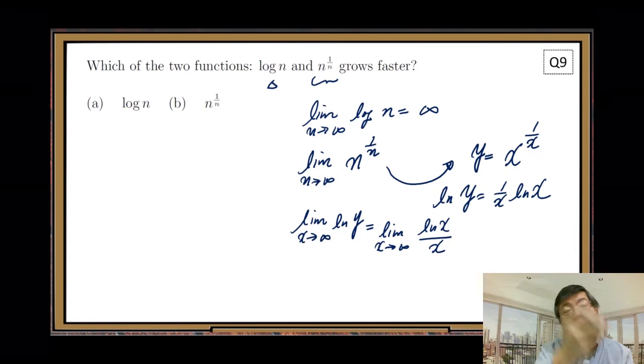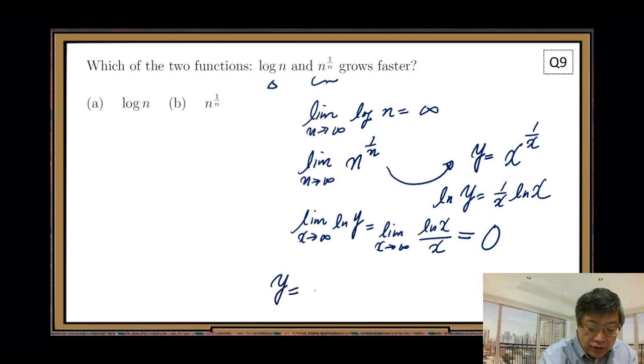This limit, you can have a conclusion, right? The numerator is a log function. The denominator is a linear function. We compare this kind of growth functions many times, right? So we can easily get it equals 0. Equals 0. All right. So now you can see the limit of natural log of y equals 0. So y equals